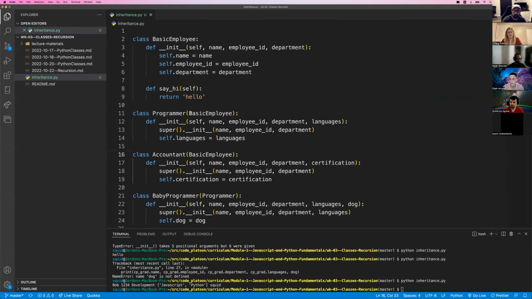So if I say from that file I want accountant, and accountant is pulling from some other file for basic employee, as long as the file chain goes back, you should be fine. You shouldn't have to say, hey, I need accountant from here, but accountant's going to need basic employee, so I need basic employee from there. Python should walk through that backwards for you. That's my expectation.